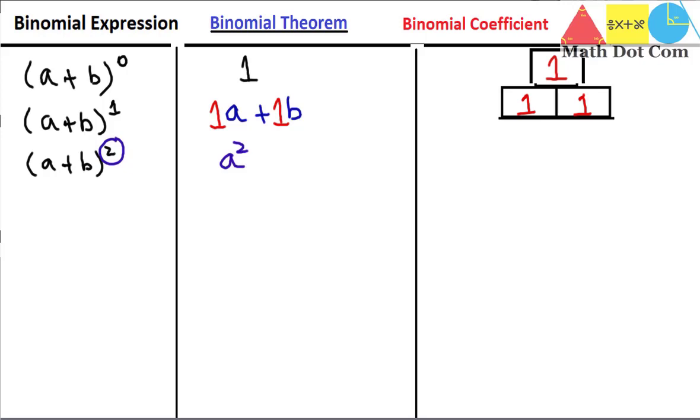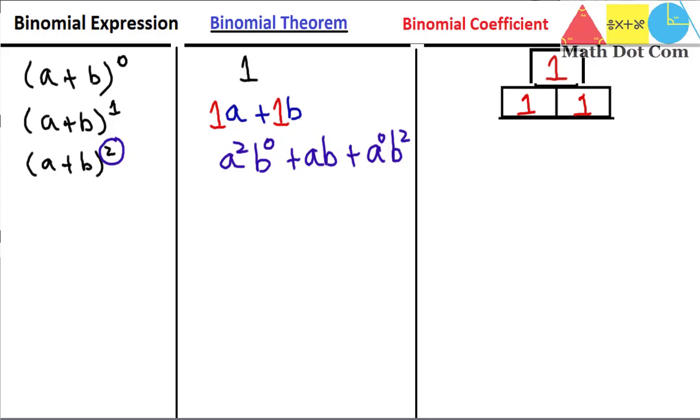What will be the exponent of the second term? Keep this in mind, the exponent of the second term will always start from 0. These are the 2 points we have discussed in the start of this lecture. So keep this in mind regarding the exponents. Then plus, now we have to decrease the exponent of the first one and increase the exponent of the second. It will become ab plus ab square.